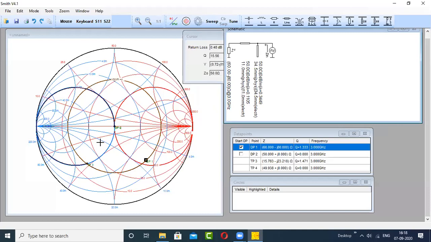Sir, actually the changes you mentioned, that is 1.2 minus J5.8, so after multiplying by 50 what comes will be the value. So your real part is what? 1.5. Real part is 1.5. 1.2, sir, real part. No, no. Okay, so it will become 60 only. Listen, when you draw on the Smith chart, you have to use the normalized value. In the application software, you have to use the denormalized value. So 60 minus J58 is given.